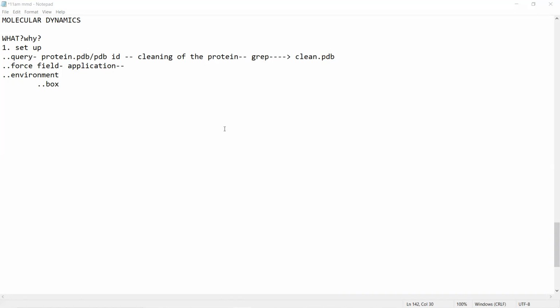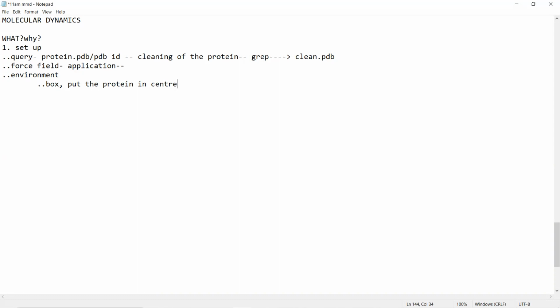Once we have fixed information about each and every entity present in my protein, we will be going for the environment setting. In the environment setting, whatever position we know, now we will put everything, or constrain everything, within an environment, which is a box. So we will set this particular box and we will put the protein in the center so that whatever conditions you want to study, it will be contained within the box.